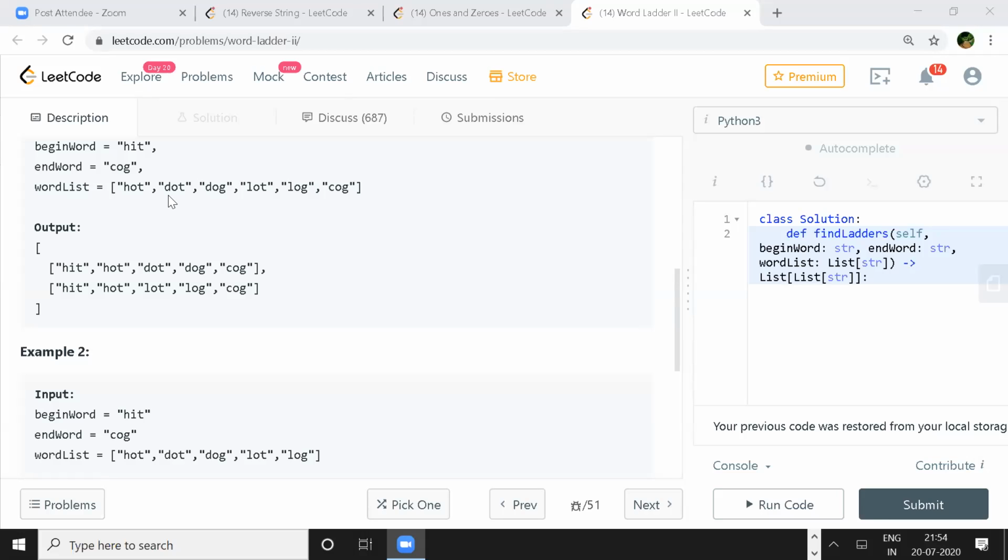Correct. But can you say again, Sachin? See, hot and dot can be clubbed in one pair, because by changing one letter from hot you can go to dot. And dog and cog can be in one packet, because by changing one character from dog you can go to cog. Now you have already found one path: hit, hot, dog, and cog. Now just permutations of those, like hot and dog is one permutation, and the other permutation would be dog and cog. What if we have overlapping, like a word that can belong to different groups?